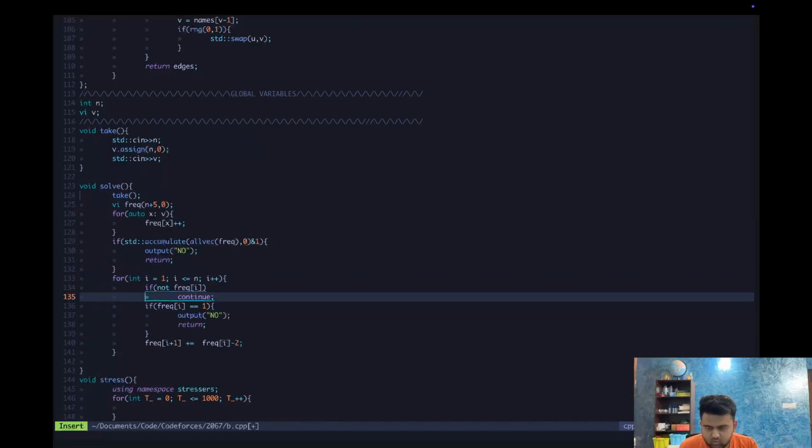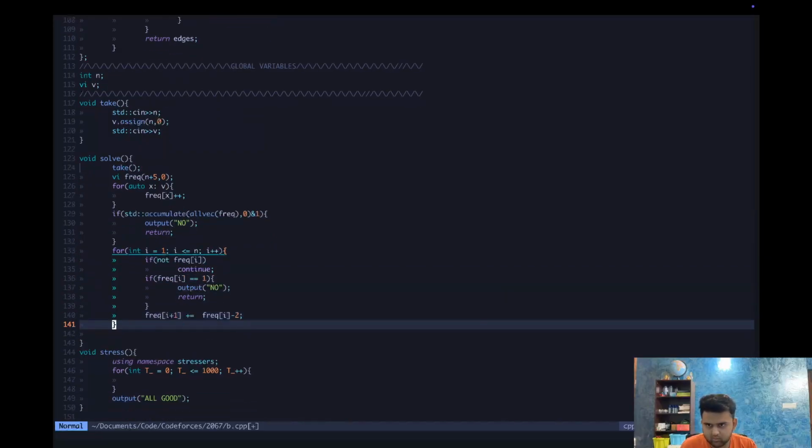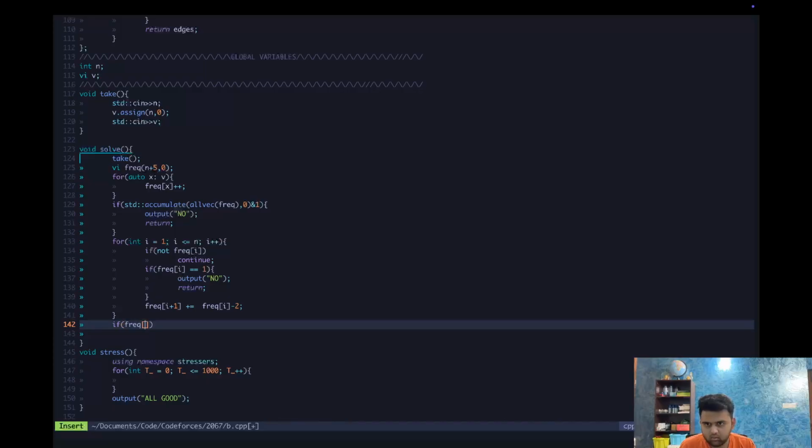So if the sum is also not possible, and if frequency is 1 at an endpoint, it is not possible, if frequency of